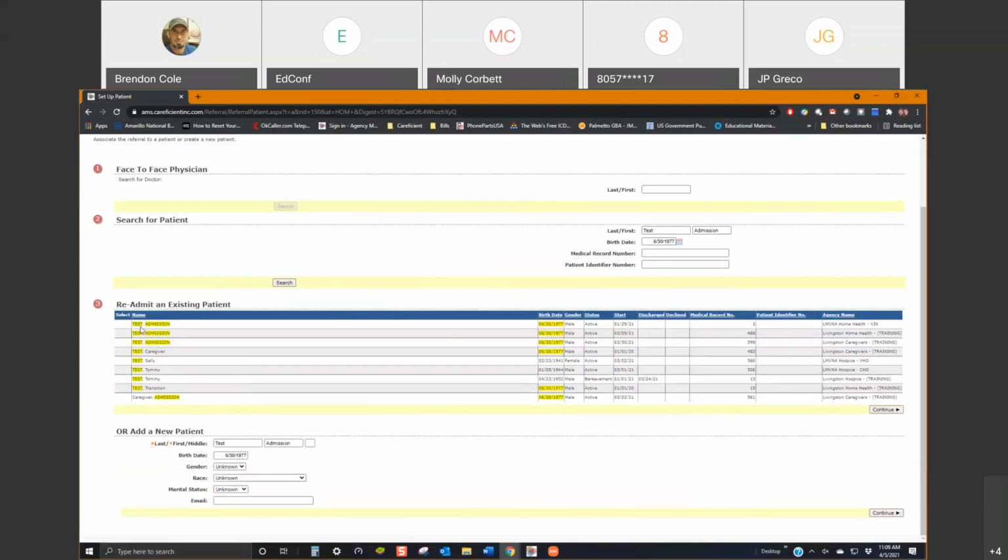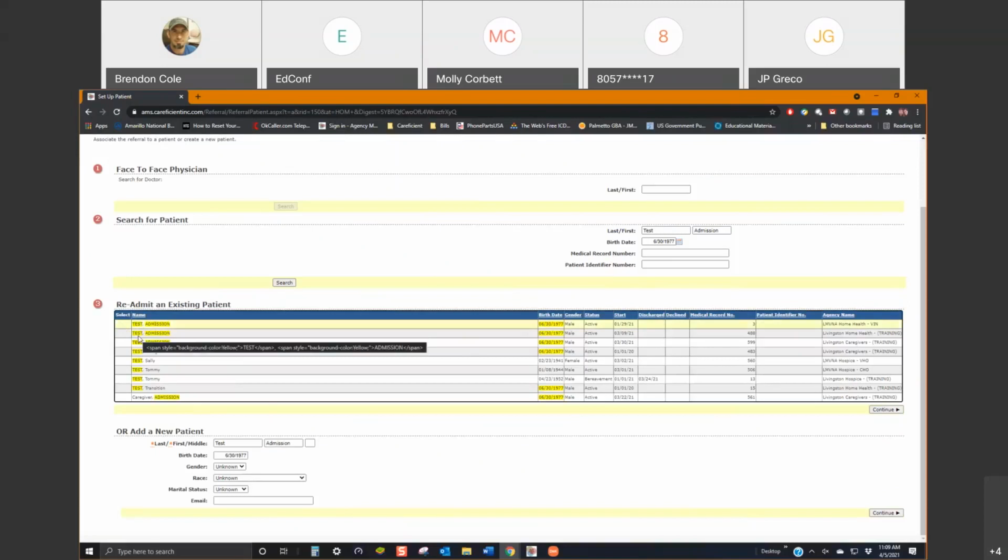You're going to get a list, and it's going to highlight everything that does match. And you can see the first and last name here matches, date of birth, etc. If this patient was a readmit or had been on service before and is in a discharge status, you'll actually get a checkbox next to their name, and you'll be able to check that box and then readmit that patient. So it'll carry over the same medical record number. It'll carry over all the basic demographics, and then it gives you the option if you want to use the same physicians and other